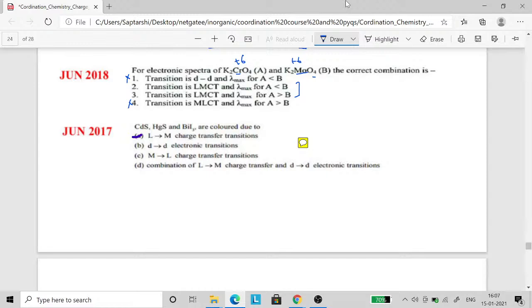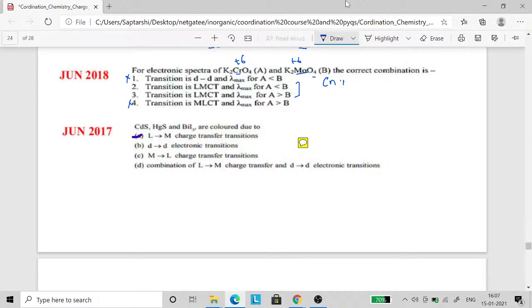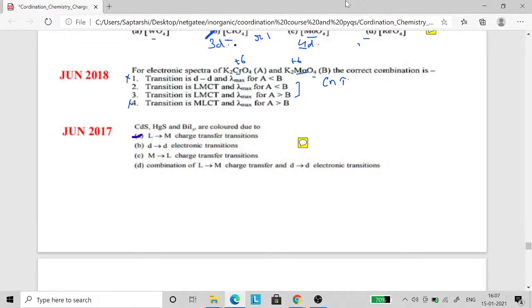Yeah, so the charge is the same. So again, we can actually use this concept of oxidizing power, which is easy. We actually know that the oxidizing power of Cr is more, because it comes in the 3D and this comes in the 4D. And because the oxidizing power of Cr is more,